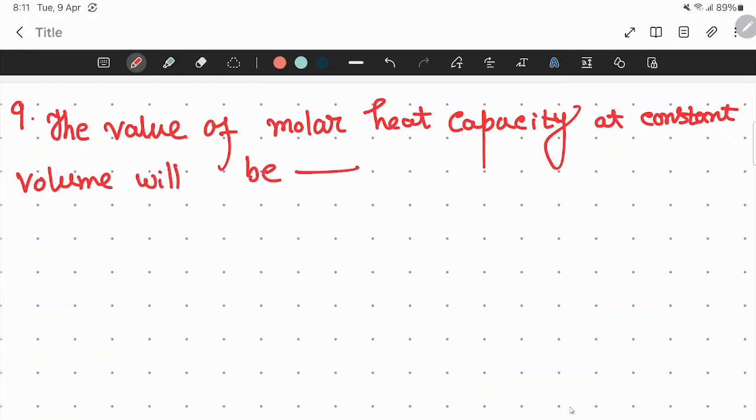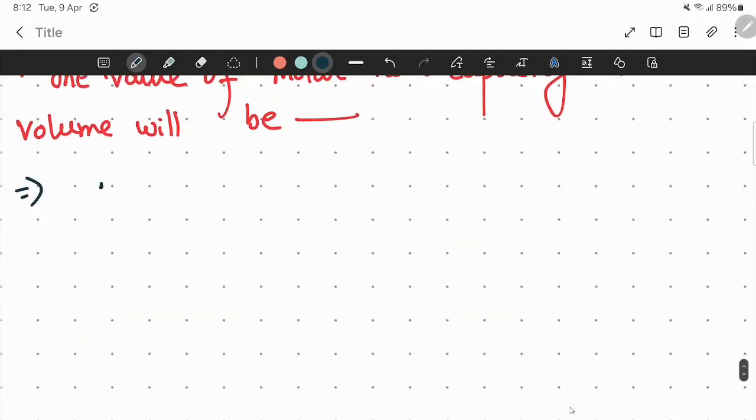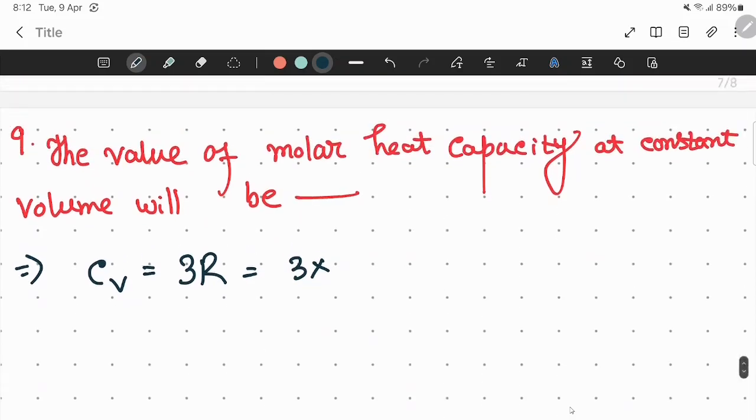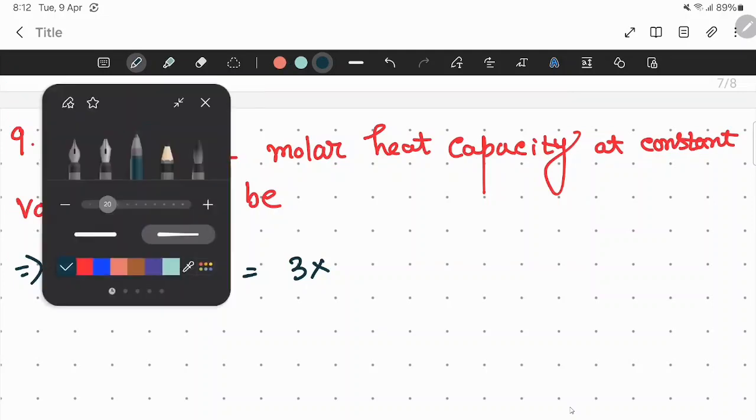It's a very, very easy question. Molar heat capacity at constant volume means CV. What will be the value of CV? You know, 3R for molar heat capacity for 1 mole of gas. It's just 3R. So now we just have to put 3 into R. The unit they have asked will be in